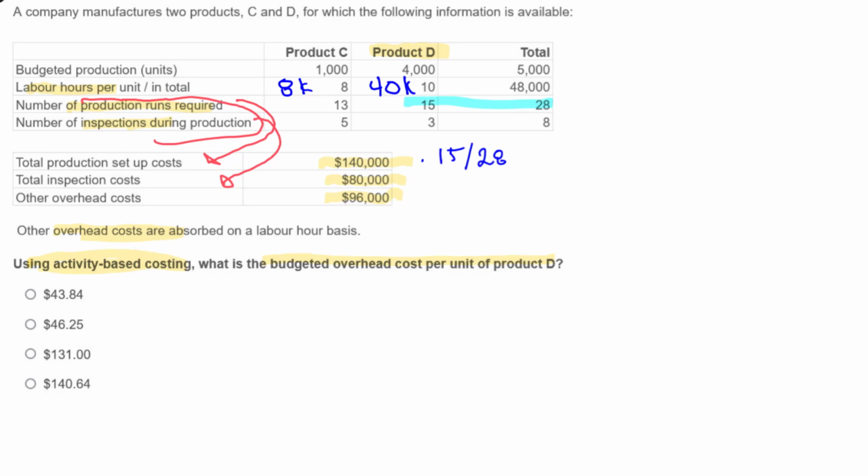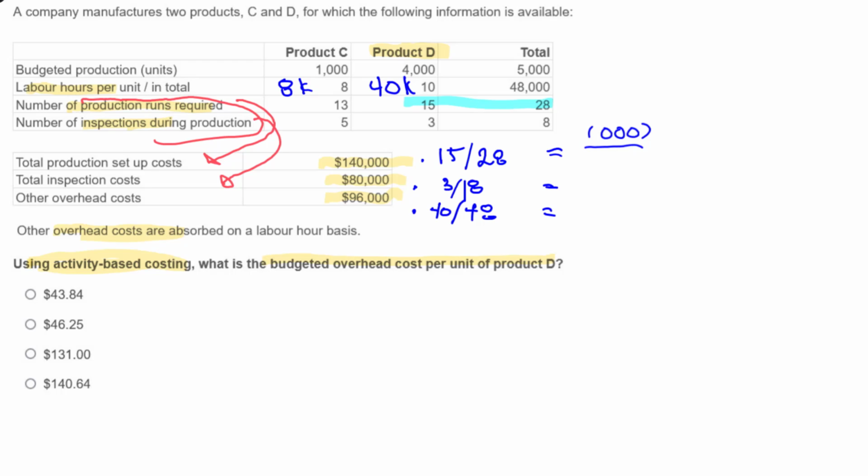Total inspections, that's going to be multiplied by 3 over 8. And then the other overheads, that's going to be multiplied by 40 over 48. Okay, so now we've done step 1, cost pools, step 2, cost driver, and now I'm going to mix steps 3 and 4. I'm going to get the total costs for the total number of Ds that we're going to do, and that comes to